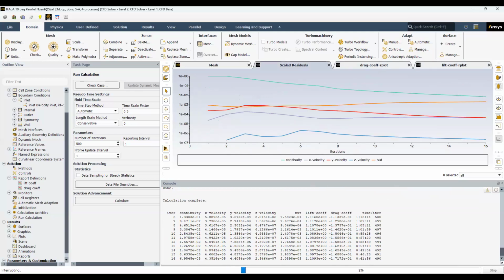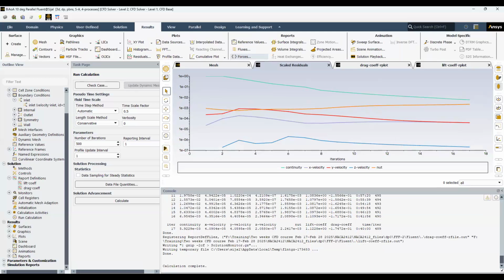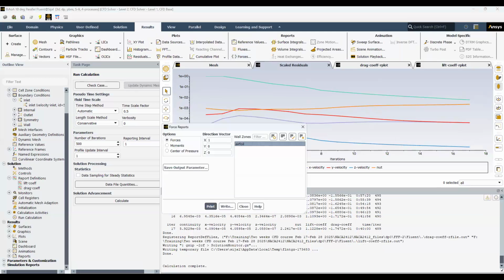Okay, I will just stop here. So maybe you have to run the case for more iterations, but I will stop here. So I will show you how to get the lift coefficient and drag coefficient for an angle of attack. Okay, select the airfoil. In this case, I have to put the angle of attack there. Simple. Okay, for the drag coefficient, it will be exactly 10 degrees in the x component, and the y component is the sine component. Okay, so